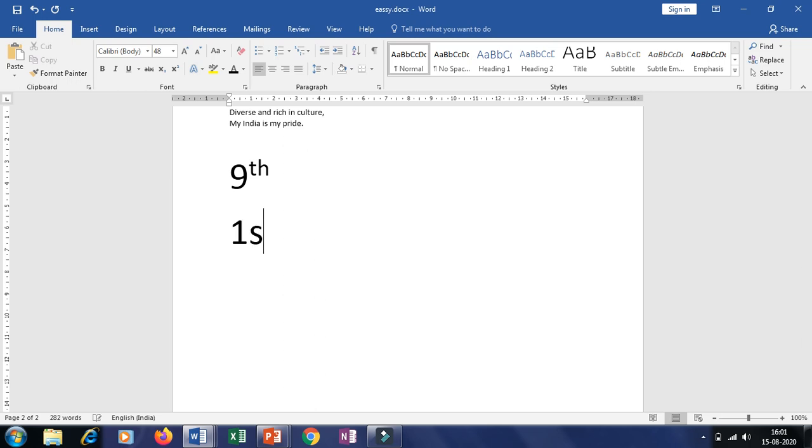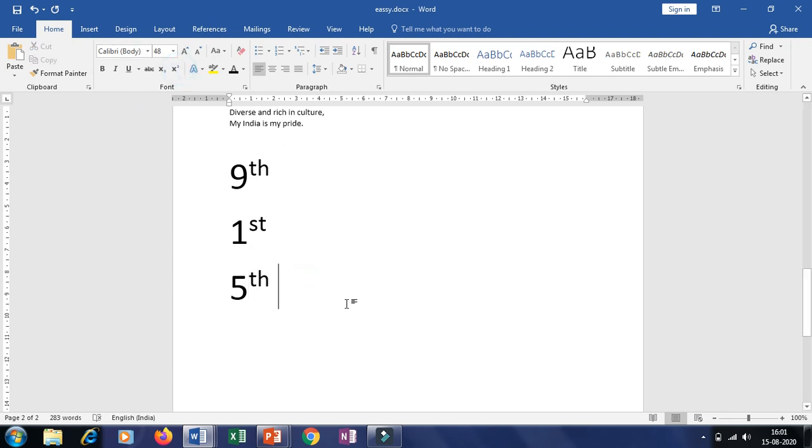You can write this way also: when you press the spacebar key, it will automatically take it into superscript because it is already in the dictionary. But sometimes, if you have written it this way, 5 and then you want to add "th" for fifth, and the letters are written this way, you can just select it and make it superscript.